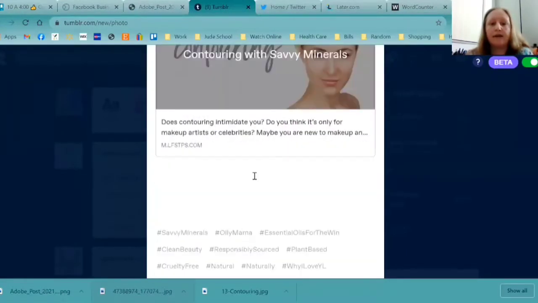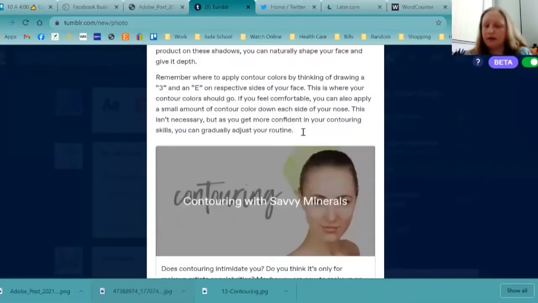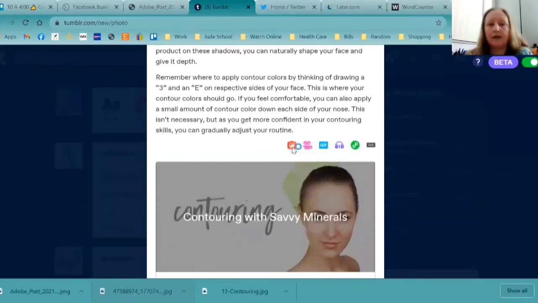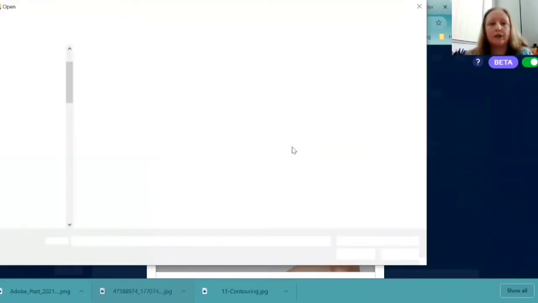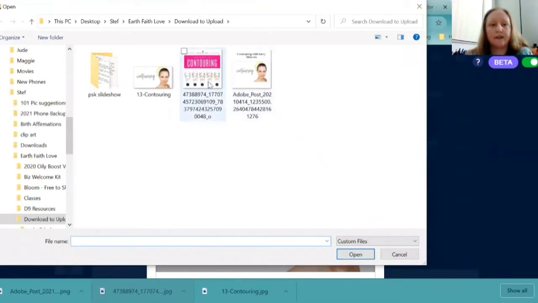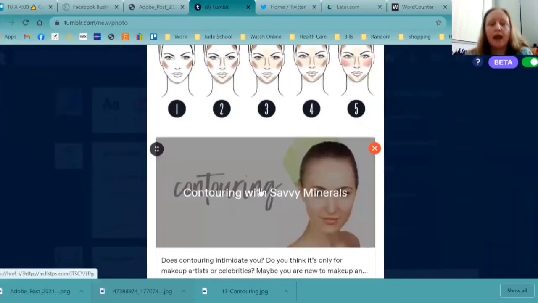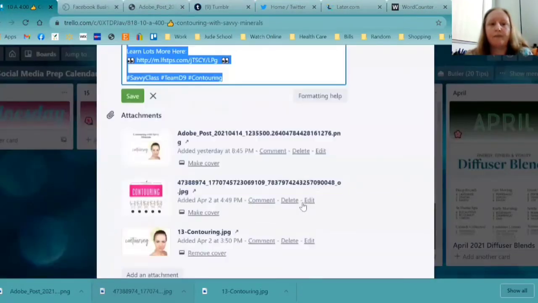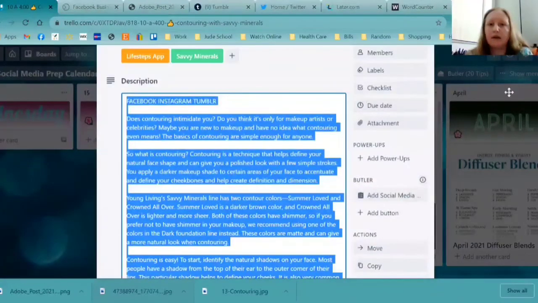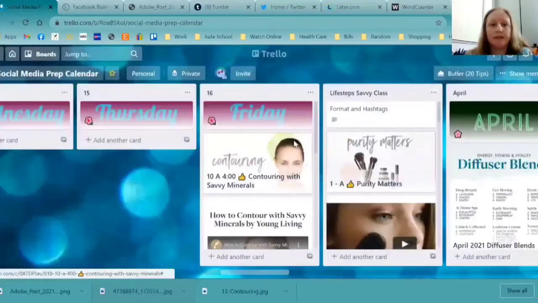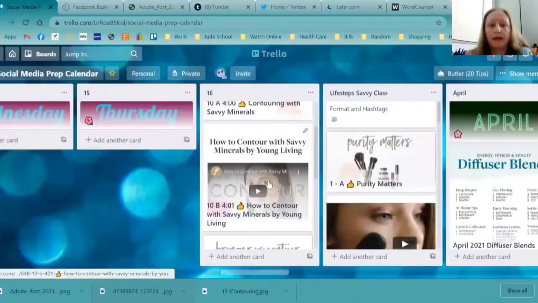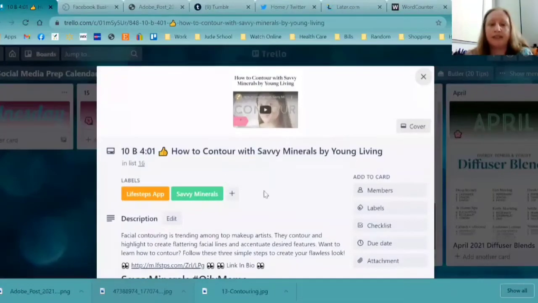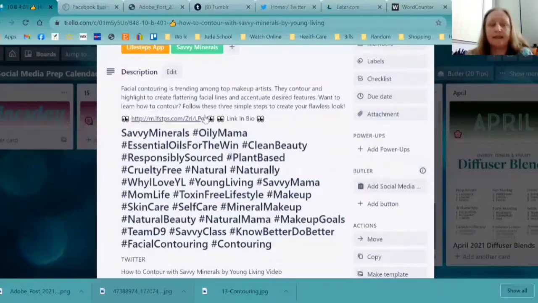I'll put it here at the end. So just hit enter there and add an image and show the difference, or show the contouring, how that works. And then underneath, the second post that I'm posting is a video. It's just a video. So I'm going to take this link